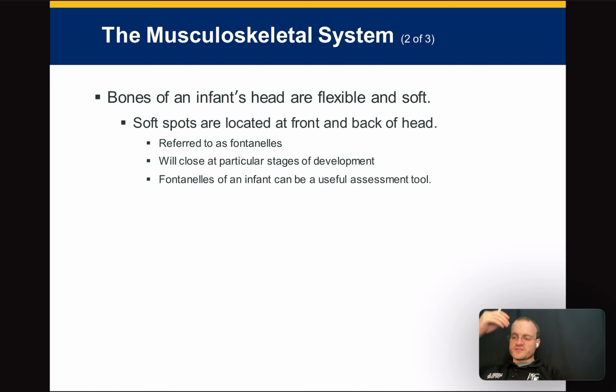Remember, there's these soft spots in the skull, like the anterior fontanelles and the posterior fontanelles, where the head is not fully fused in infants. It takes a few months for this to happen. And so there's a divot in the skull, or soft spot, I should say, and that's called the fontanelle. So if that's severely divoted, you might think dehydration. If it's bulging, you might think shaken baby syndrome. Okay? And so we use that clinically to assess children. You obviously shouldn't push very hard on that, because right below that's the brain.